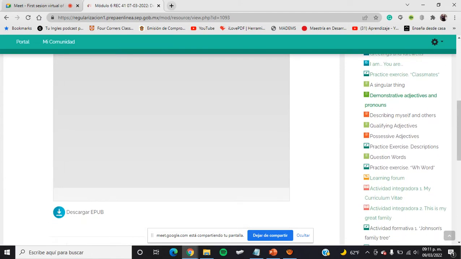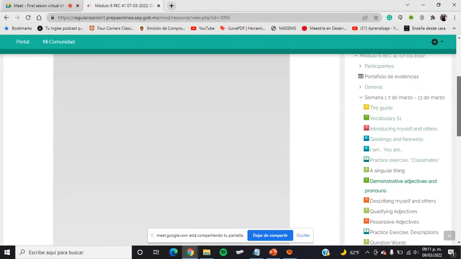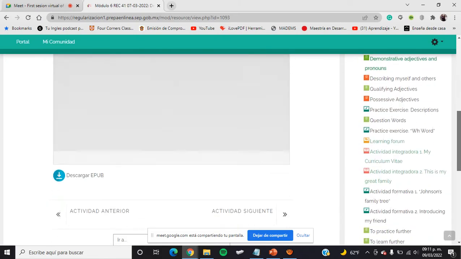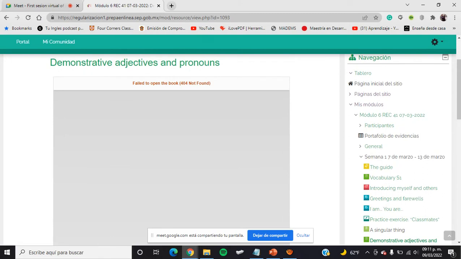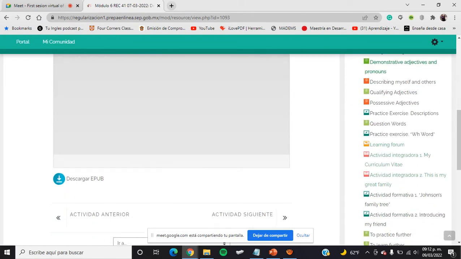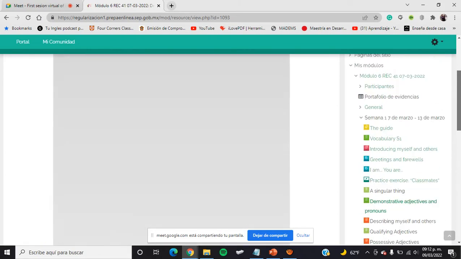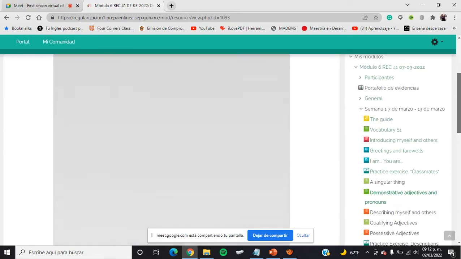No se te olvide verificar todos los recursos que tenemos aquí en Prepare. Okay. Y en algunos momentos, fíjense qué bueno que pasó aquí ahorita esta situación. Failing to open the book. Falló que se abriera el libro. Entonces, aquí lo que yo te recomiendo es darle aquí en descargar y te va a descargar a lo mejor el documento en PDF. Pues aquí tardó en cargarlo.